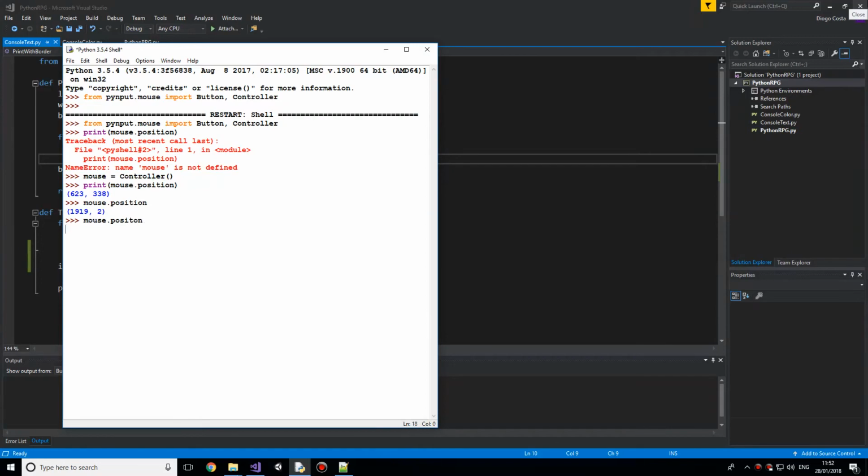Mouse dot position. I can spell. Mouse dot position. I put it all the way at the bottom. Mouse dot position. And look, that looks like that. That's very close to 1920 by 1080. So it does seem to get the position correctly, but of course what we want to do